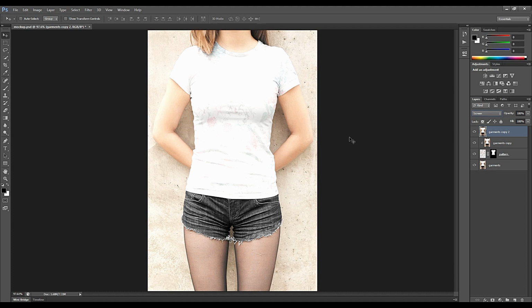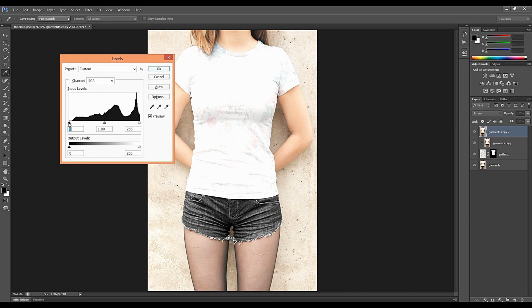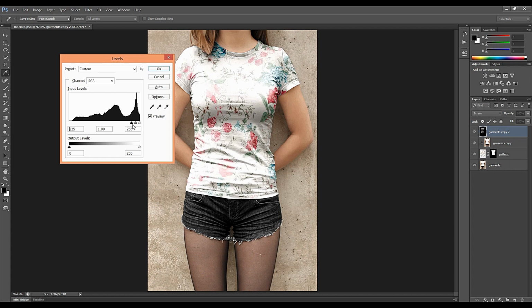So go to levels. Control L is the shortcut key for levels. We select levels and decrease the lighter shades.